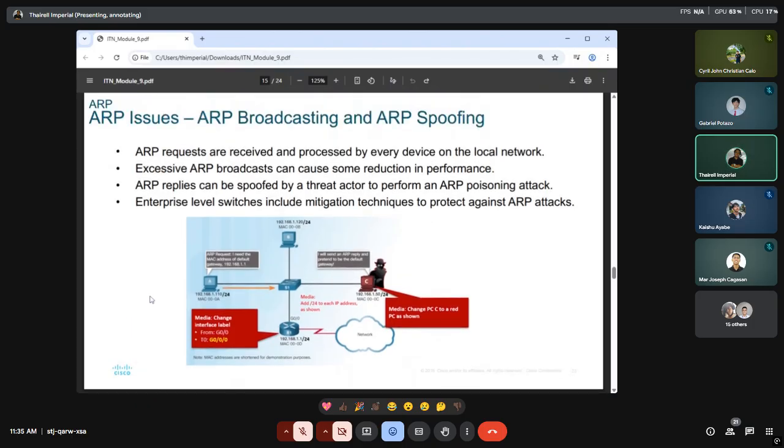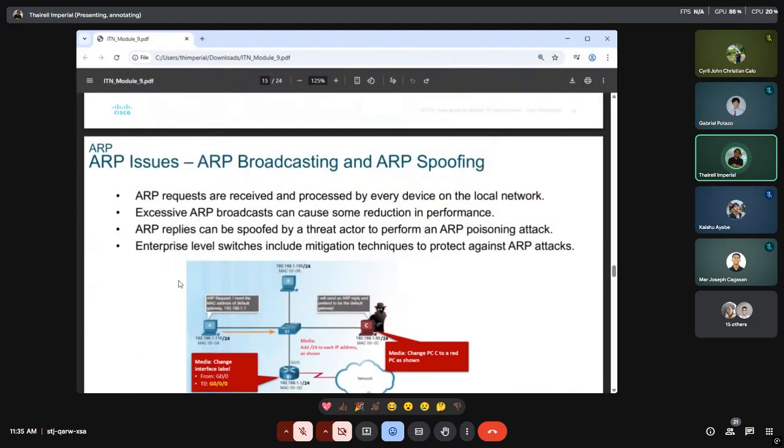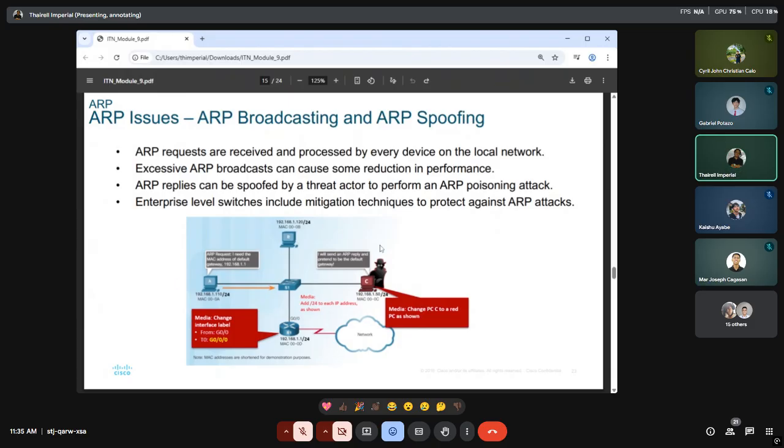And then there's also the problem where, because of ARP, a device during any ARP operations can be intercepted if suddenly the destination device had been replaced.